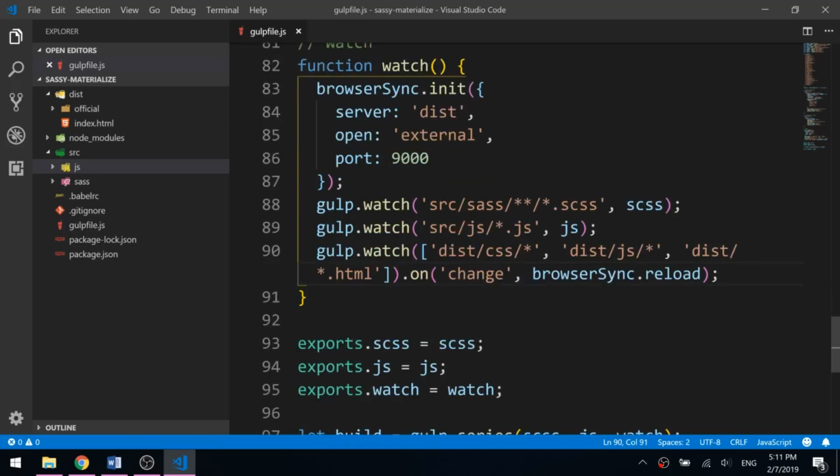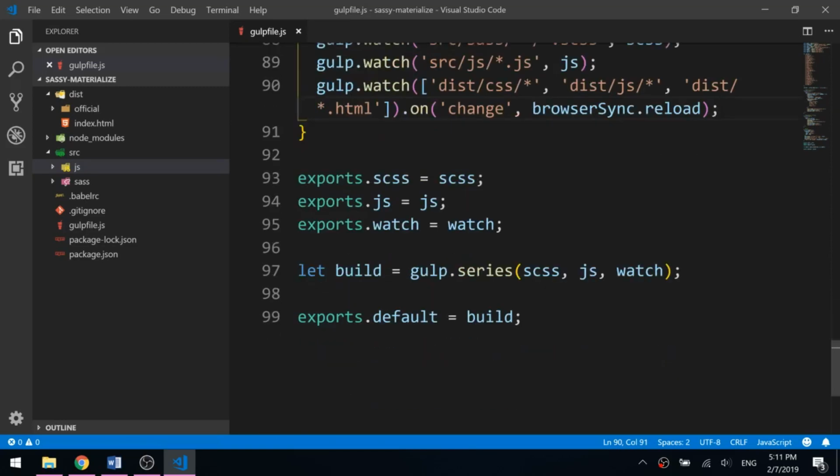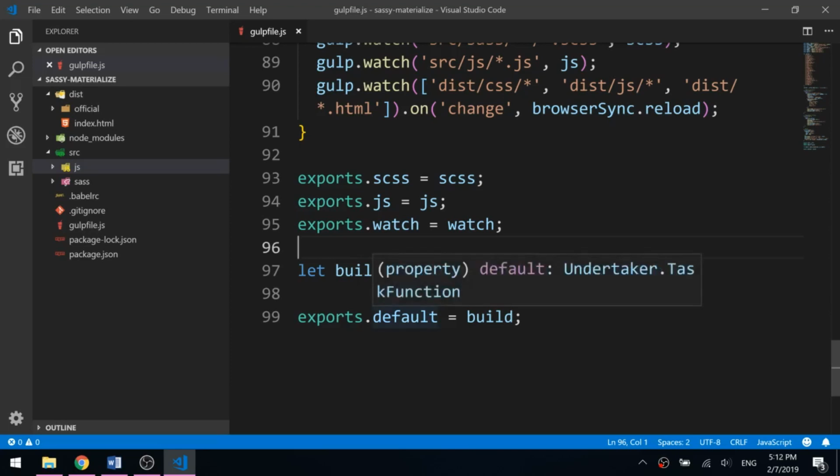So that's why we're doing it that way. And like I showed earlier, you have to export your tasks to make them available on the command line or in some script. So I just simply exported them, giving them the same names as their tasks. And in Gulp, you can set a default task. So if you just run the command gulp, it will run whatever is assigned to